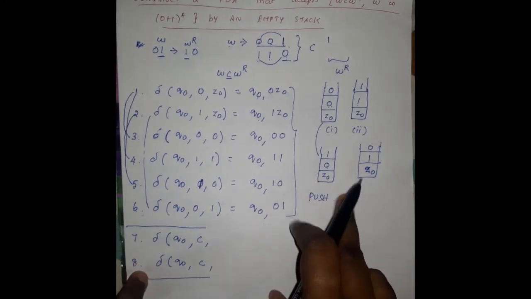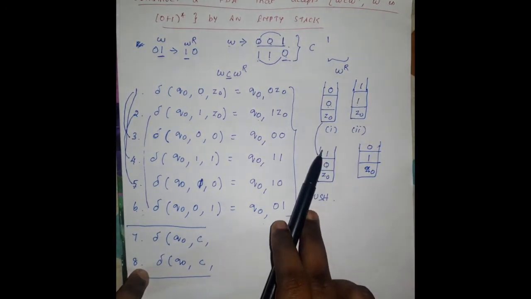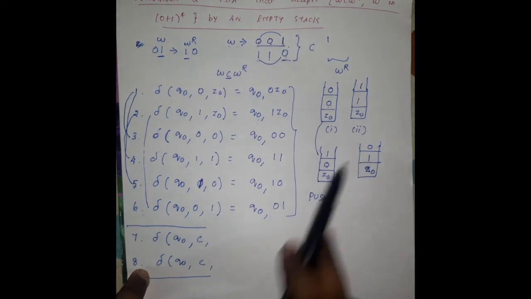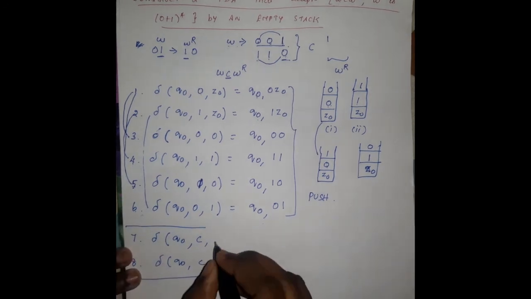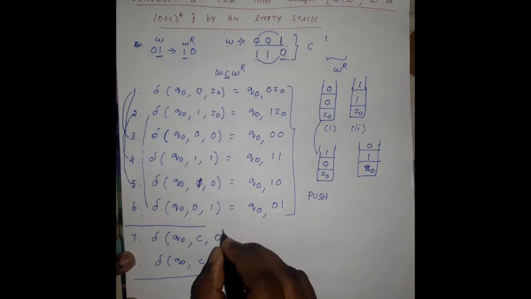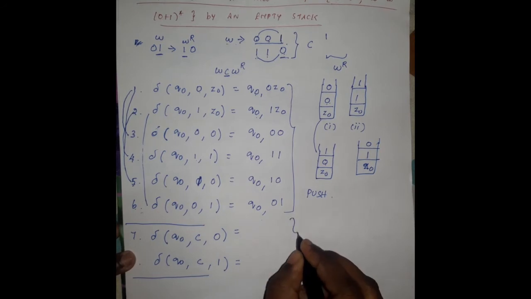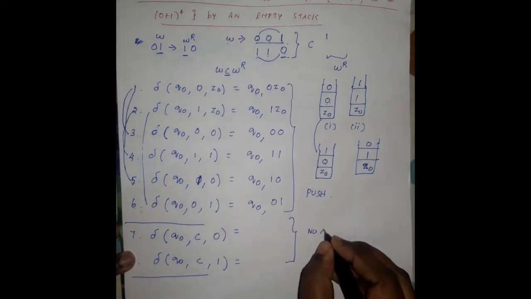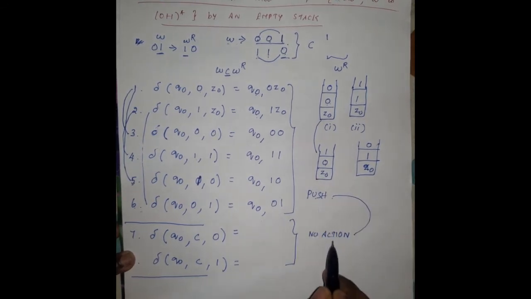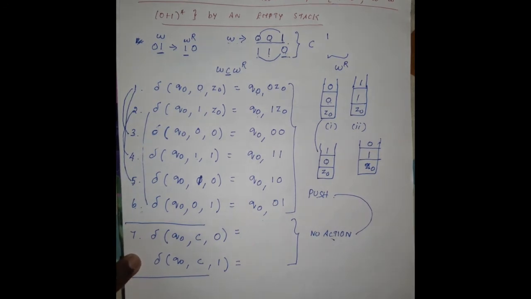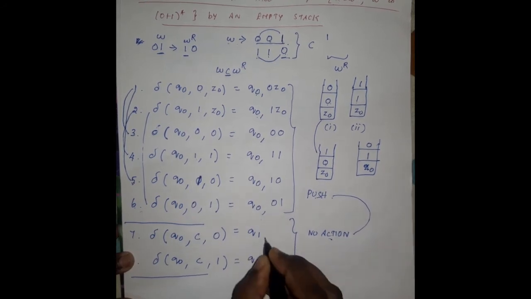Because the top of the stack is either 0 or 1. You can clearly see in the stack, in this one the top element is 0, here the top element is 1, here the top element is 1, here the top element is 0, which means the stack has either 0 or 1 on top. And it goes to the next state, because, as I said, for the separator symbol no action is performed on the stack. No action is also one of the operations, so the state is changed from the current state to the next state, that is Q1.